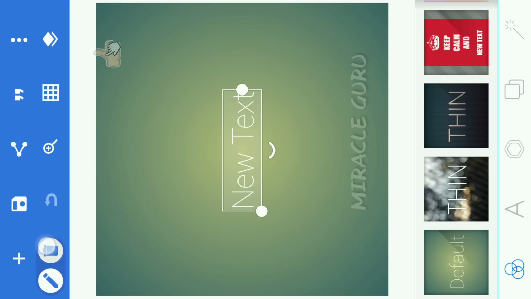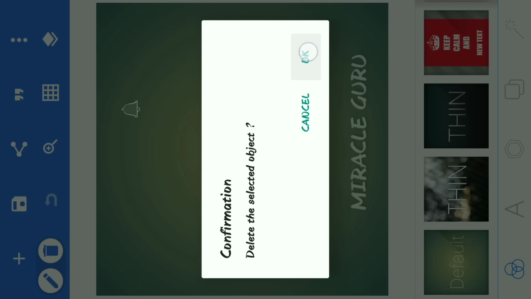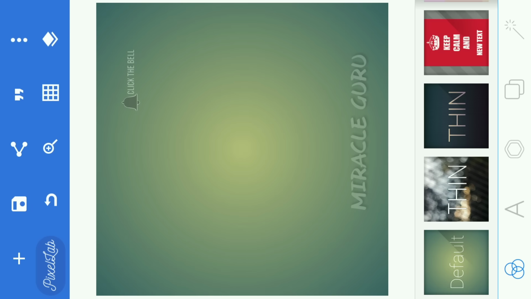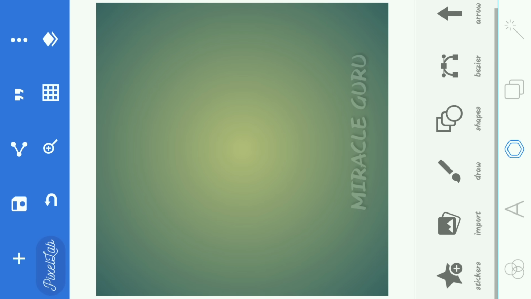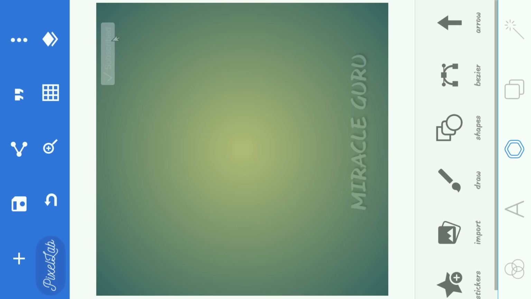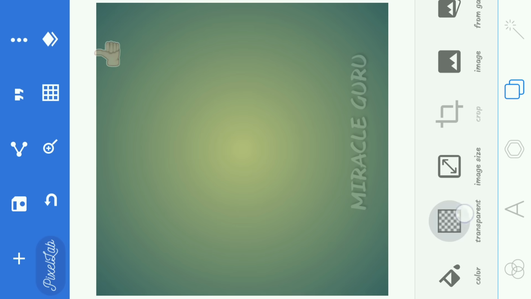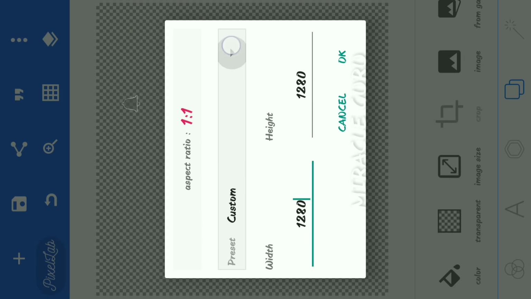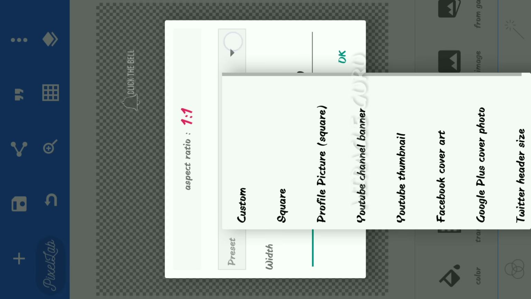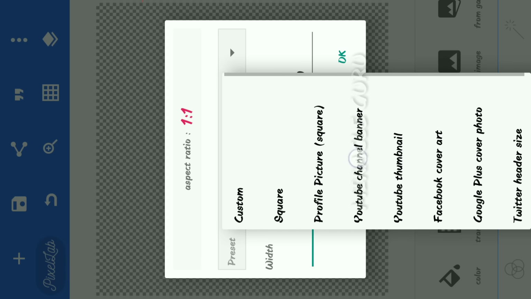and click on that delete option, click OK, then click on that pentagon option and scroll and select transparent, then click on image size and select YouTube channel banner, click OK, then click on the plus icon and select from gallery,